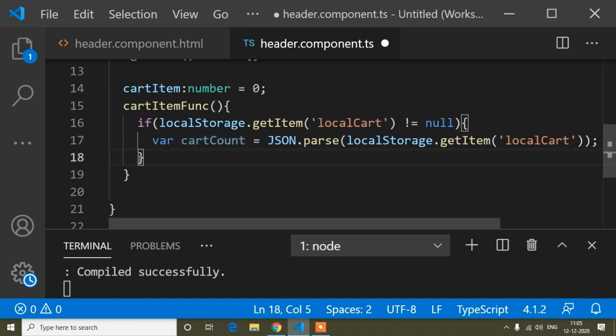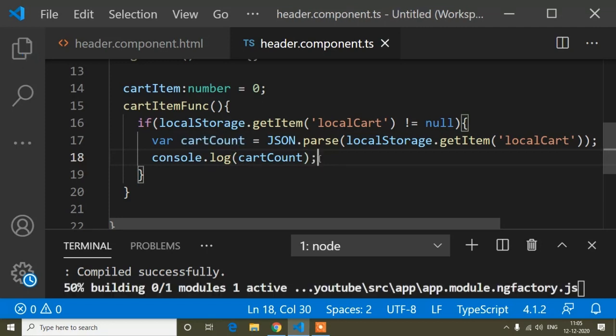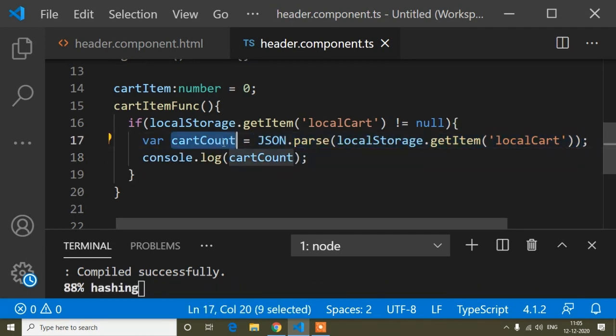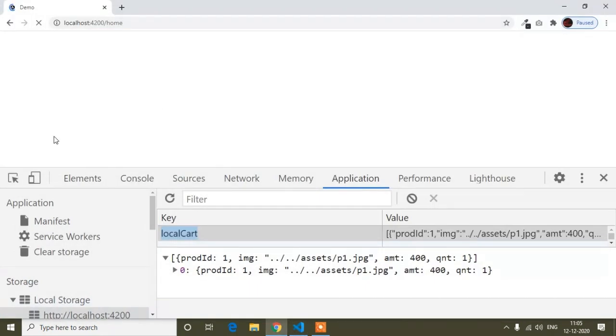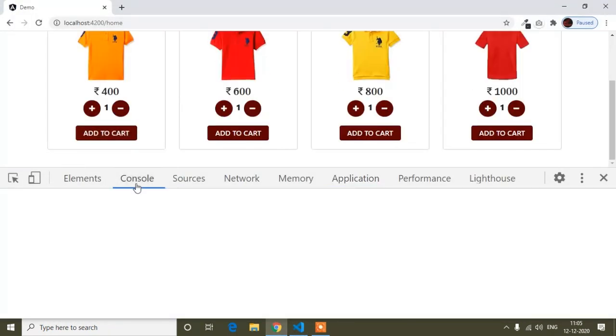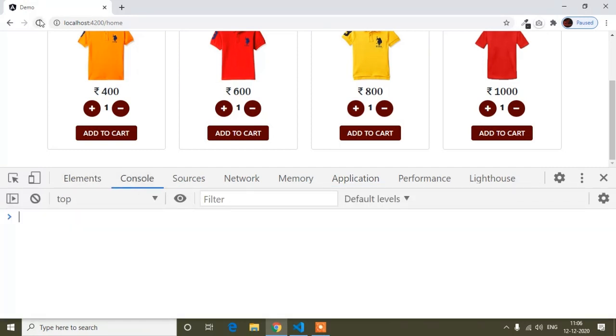So now first of all I will check. In the console dot log, and inside this console, suppose I fill this variable and save, and now I will check the console. I am getting all the value which I have stored into this variable. I can get it or not, I will check it there. So I will go to console. So now first of all here is the one product, and in the console if I refresh,